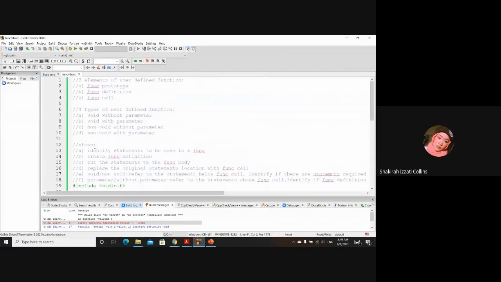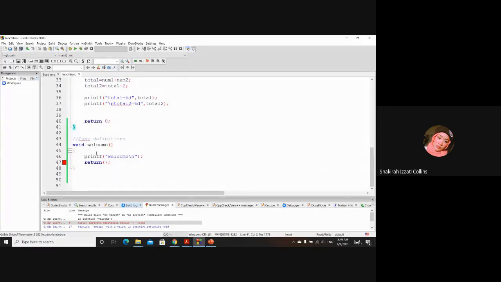So the error is because I put a bracket at the return. Oh, void should be empty, sorry. Okay, no bracket. Thank you. Okay, no bracket. So we finish with the void function